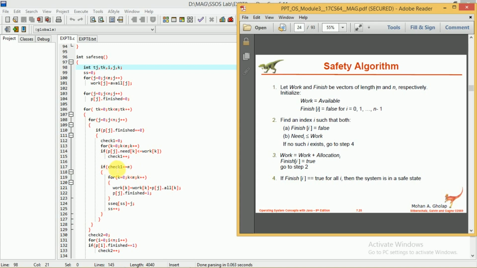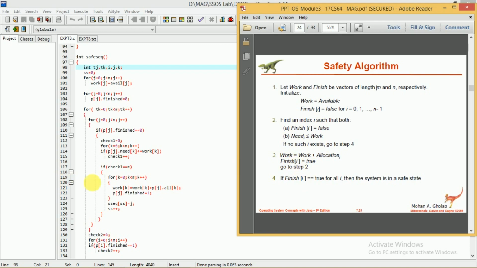If this is the case, what we have to do is, for k equal to 0, k less than m, k plus plus, work of k equal to work of k plus p of j dot allocation of k. So that's what this one is. If there exists a process here, that is i, then for that process we have to implement this.